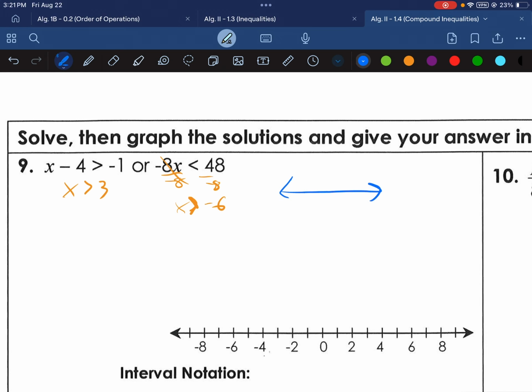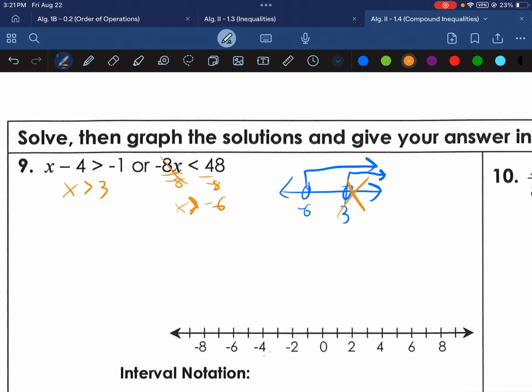As I go to graph this, and I do a rough draft, I notice negative 6, I notice 3, and I do open circles on each, and negative 6 goes to the right, but 3 also goes to the right. Special case, and with OR, we want whichever one covers more area, meaning this is redundant and unnecessary. So I'm just going to graph the negative 6 part, I'm just going to put an arrow to the right,